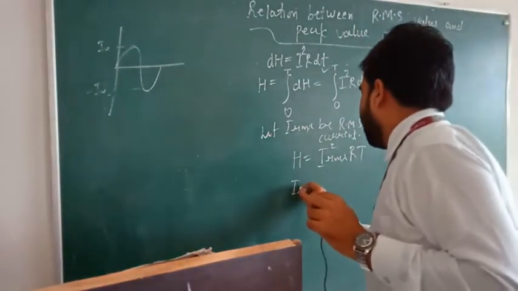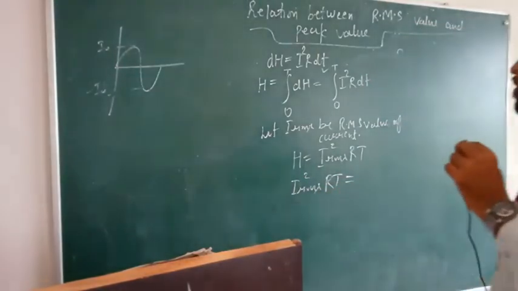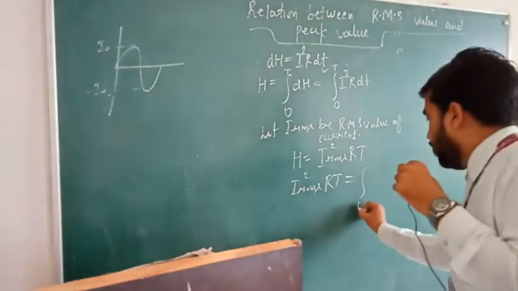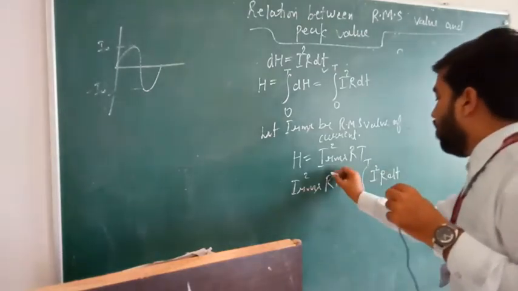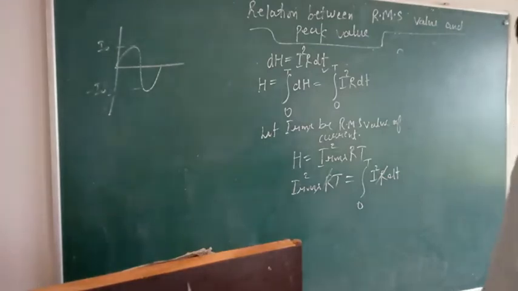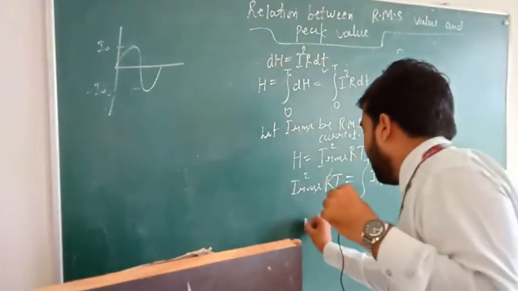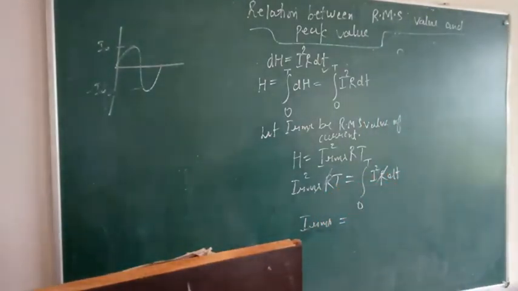I RMS square R T is going to be equal to the integration from 0 to T of I square R dt. Now R and R cancel out. Once you calculate the value of I RMS, I RMS will be equal to 1 upon T